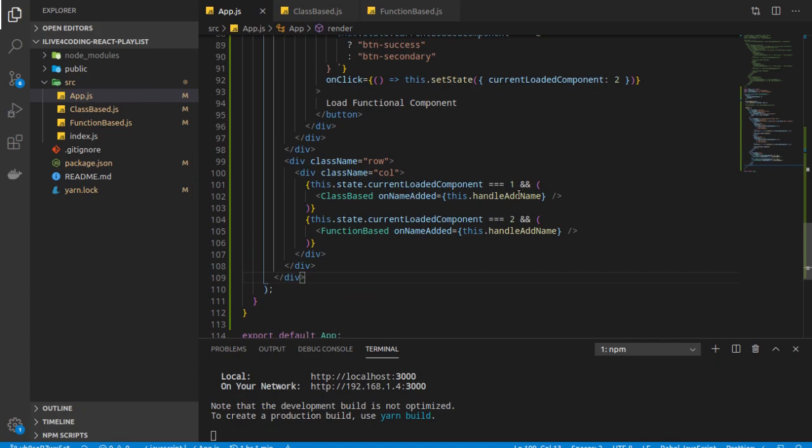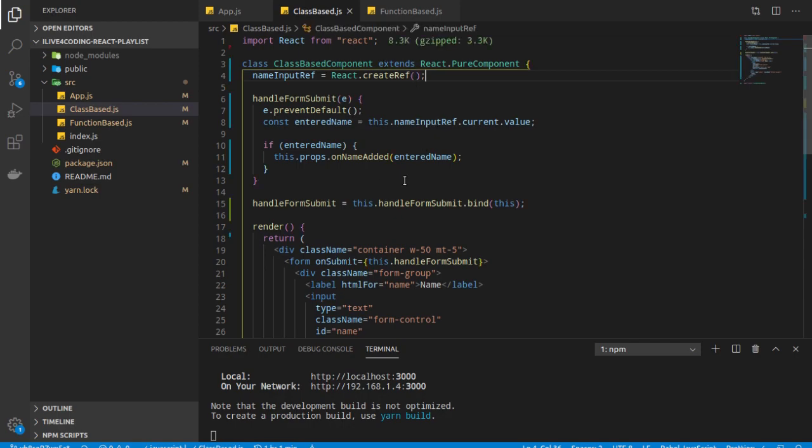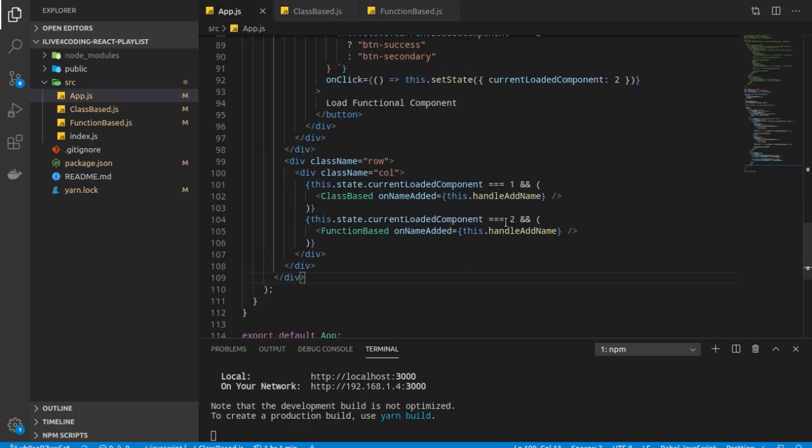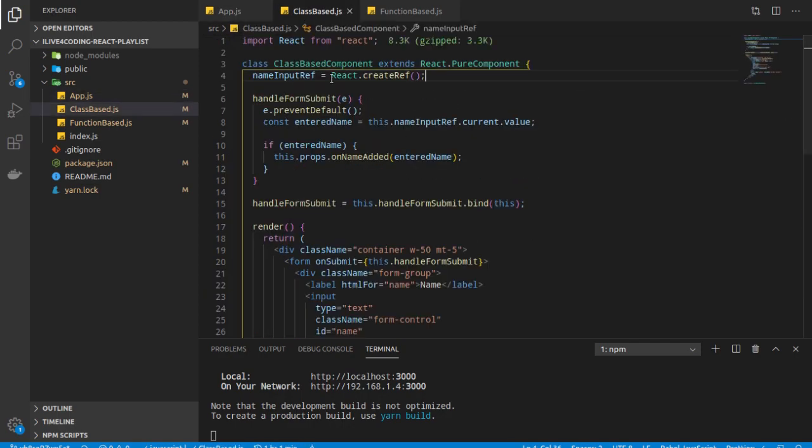We have passed this handle add name to on name add it, and now this function handle add name is called in context of this particular class, right?